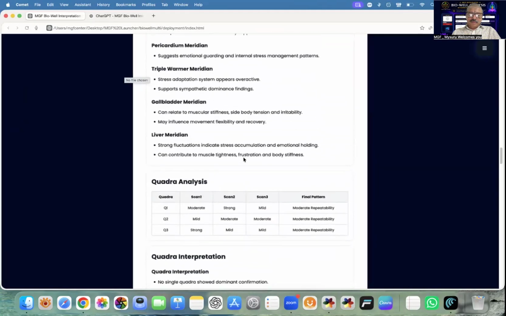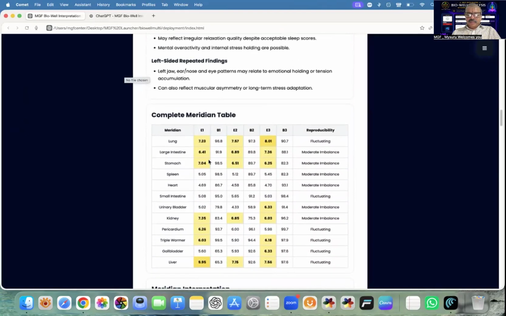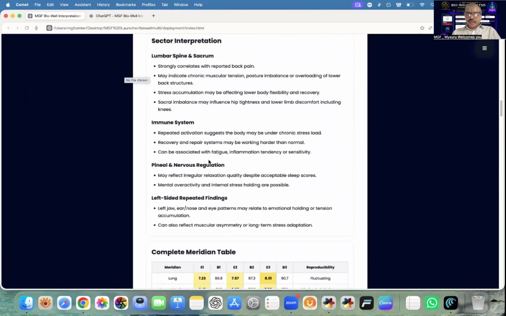And the most important part is the language. Though the chart is given to you, the very important point will be the language. It will talk about the correlation part of it, and also very user friendly. Like you see, sacral imbalance may influence hip tightness and lower limb discomfort including knees. You see, very specific. It's going to pinpoint the weaknesses. So there is a sacral imbalance and there is a symptom in the patient of back pain and knee pain. So it is going to correlate and give you the